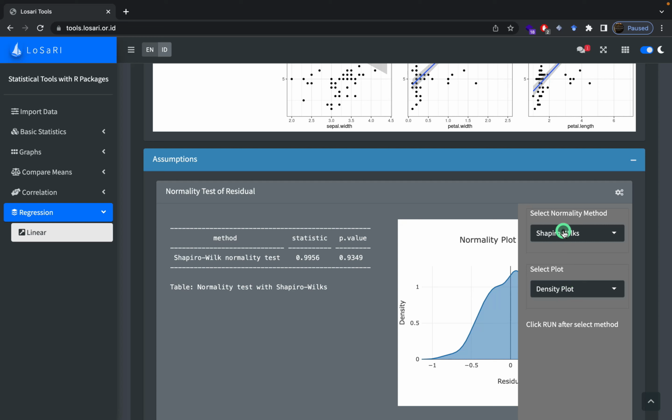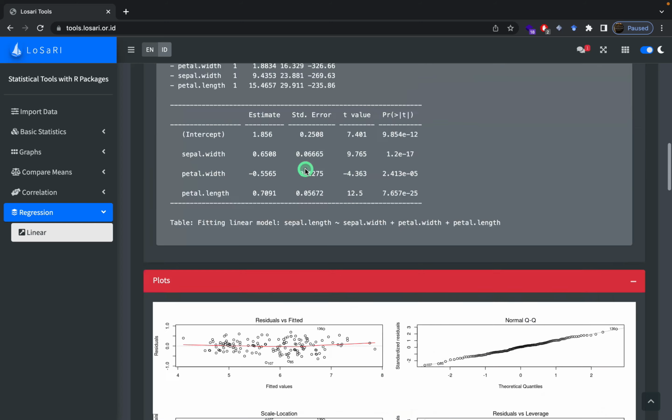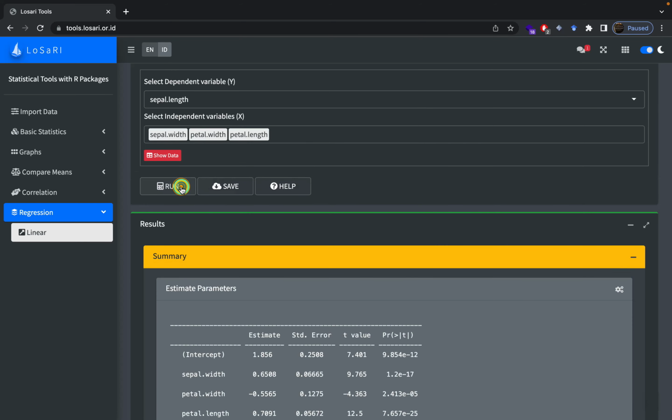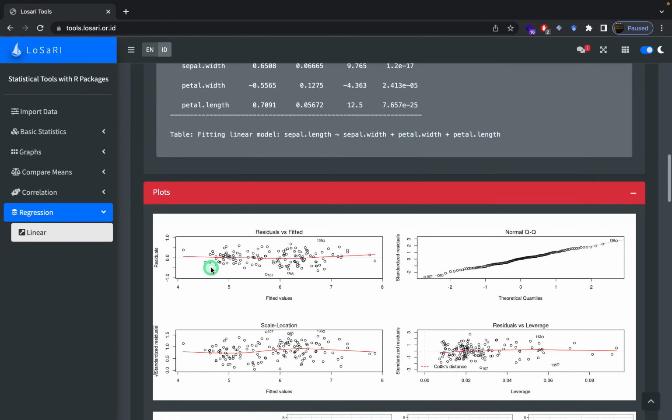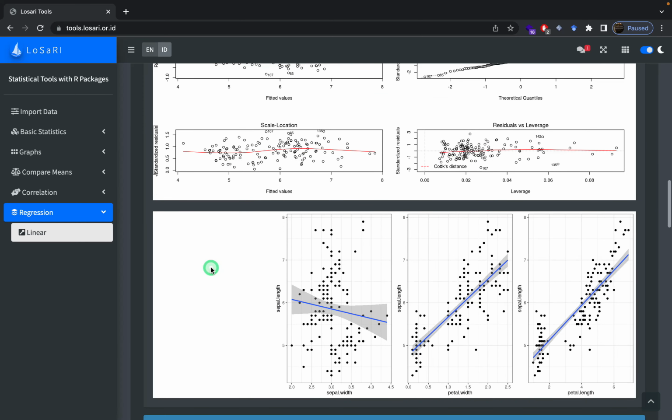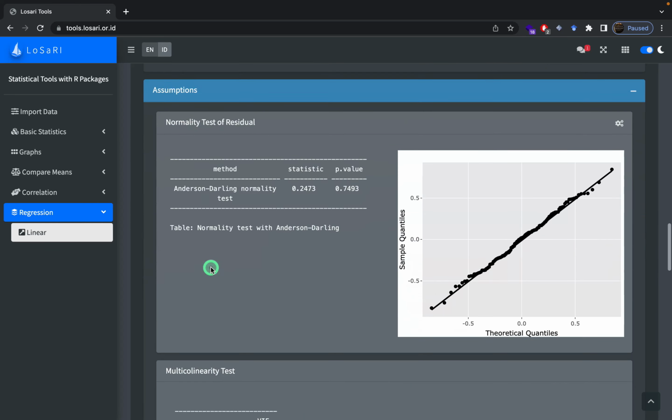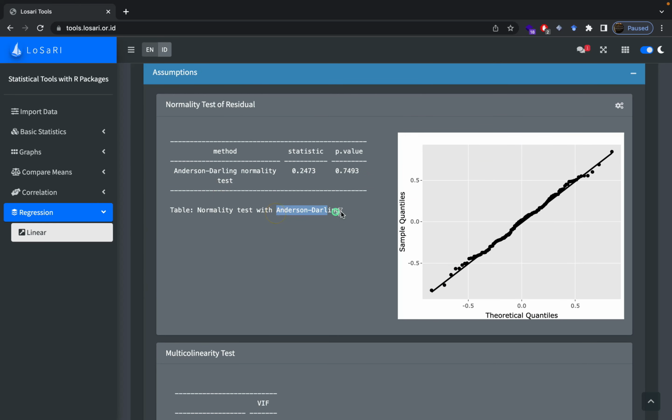For example, we select the Anderson-Darling method in the Select Normality Method section and the QQ-plot in the Select Plot section. After that, click Run. The normality method changed to the Anderson-Darling method, and the plot section is changed to the QQ-plot.